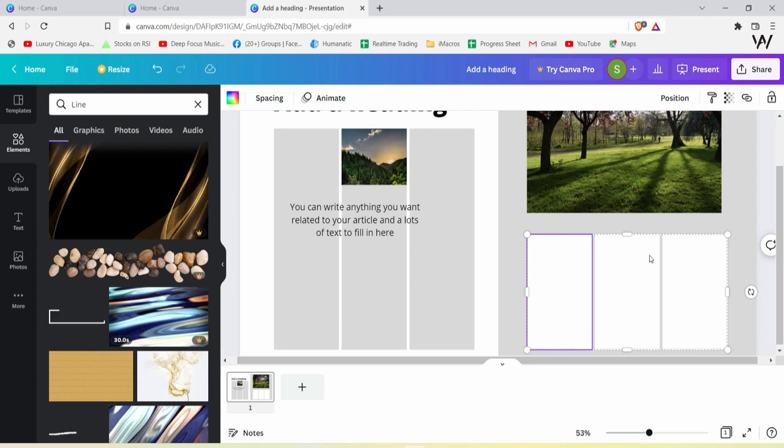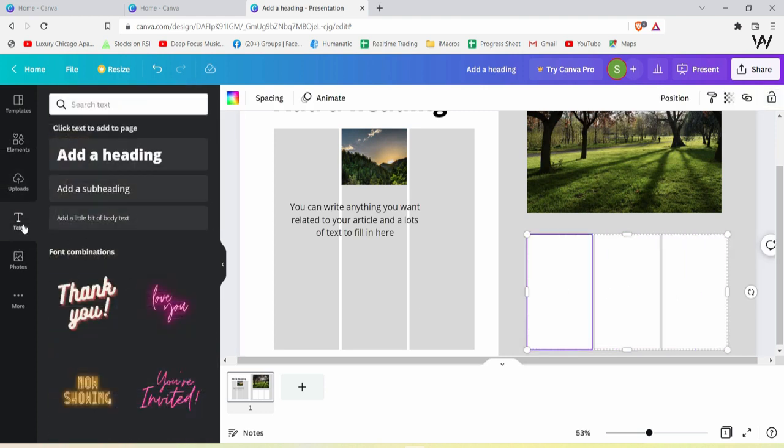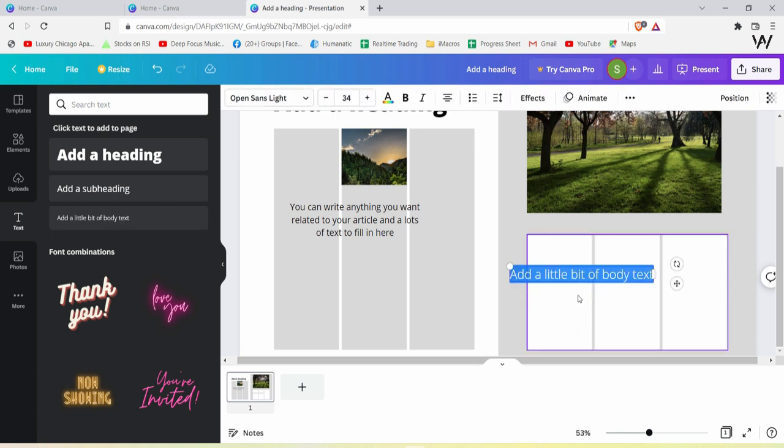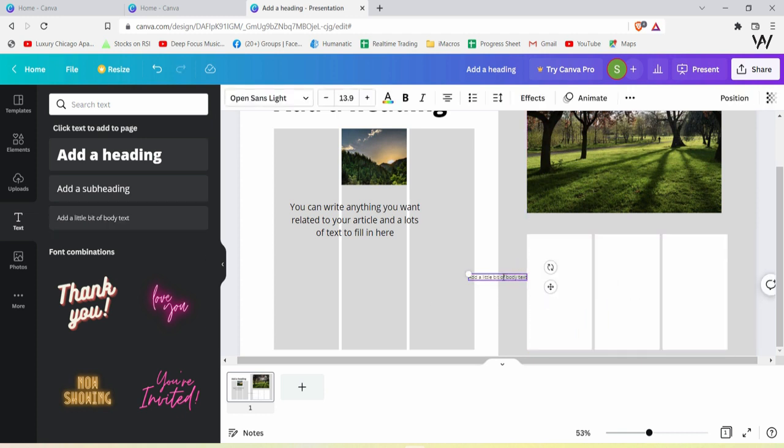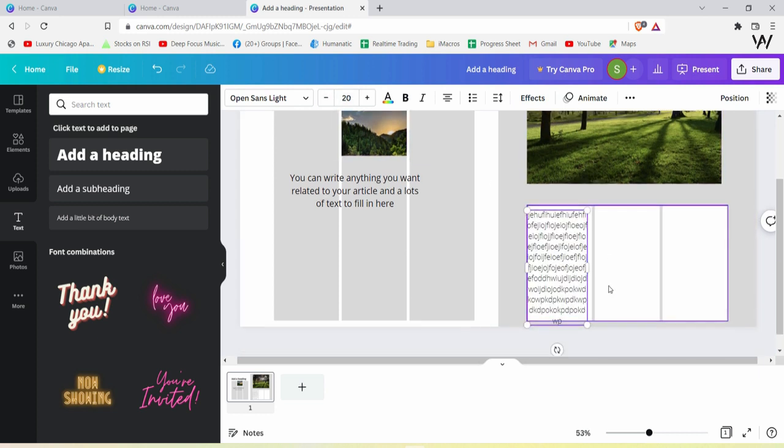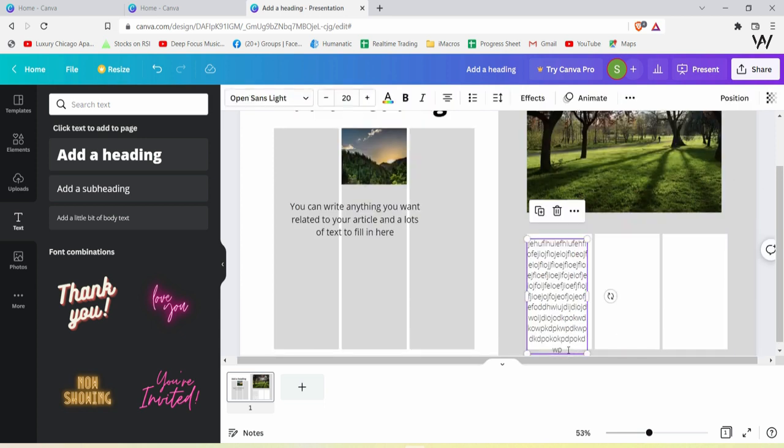For example, you want it to appear in different columns for the text, like an article or newspaper. So what we can do is you can just simply go to text and put a body here and just adjust according to the size of this area, and this is the body. You can reduce the size like this, and you can write anything here, so something like this. So this is my text area, let's say,